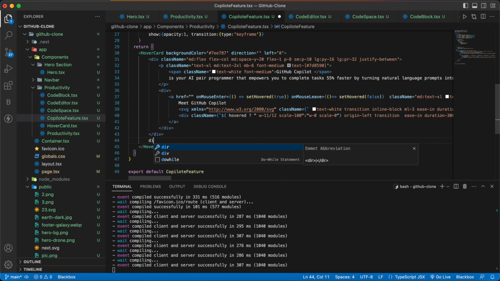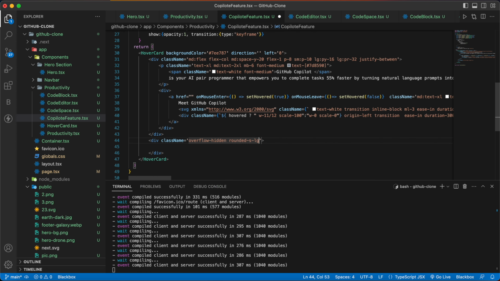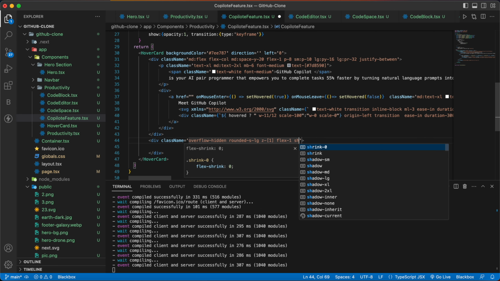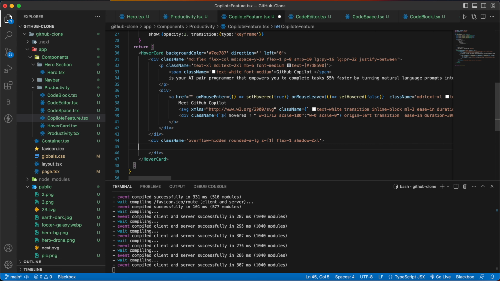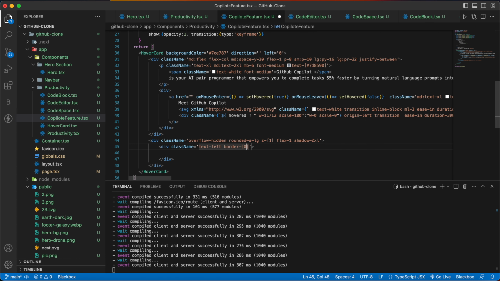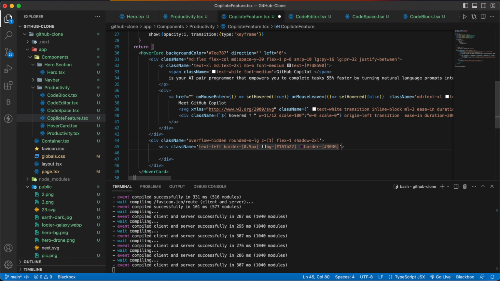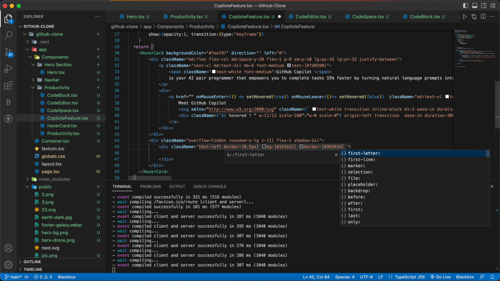So get here, and below this div, we are going to have one more div with a class name of overflow-hidden, then rounded-lg, then z-index will be 1 and flex will be 1, shadow will be 3xl, and then inside the div we are going to have one more div, class name of text-left, and border of 0.5 pixel, and bg will be of this color, then border color will be #30363d, and then rounded-lg,